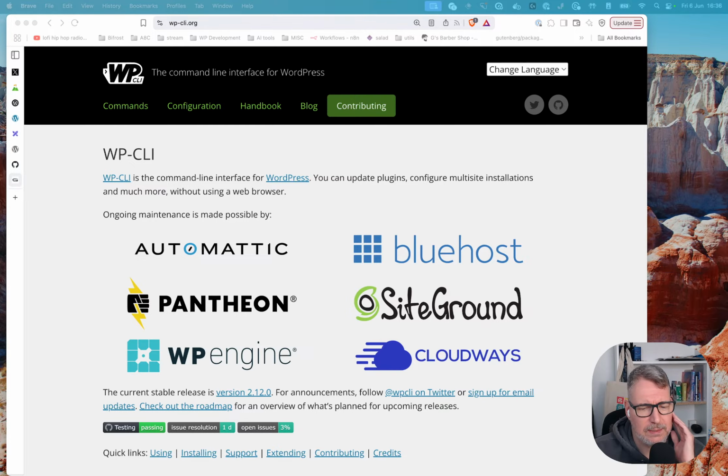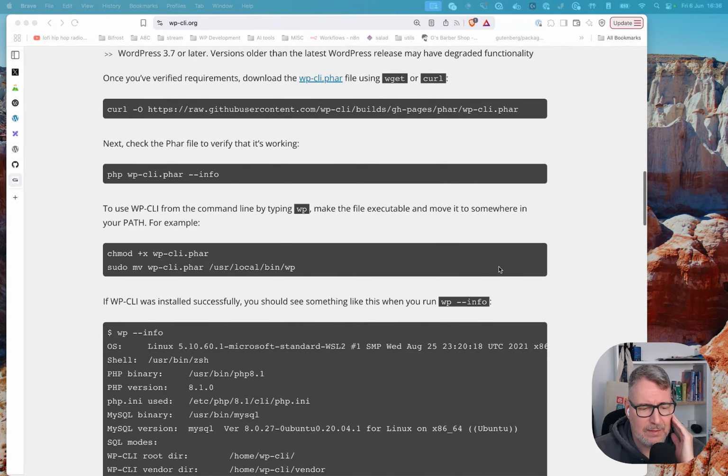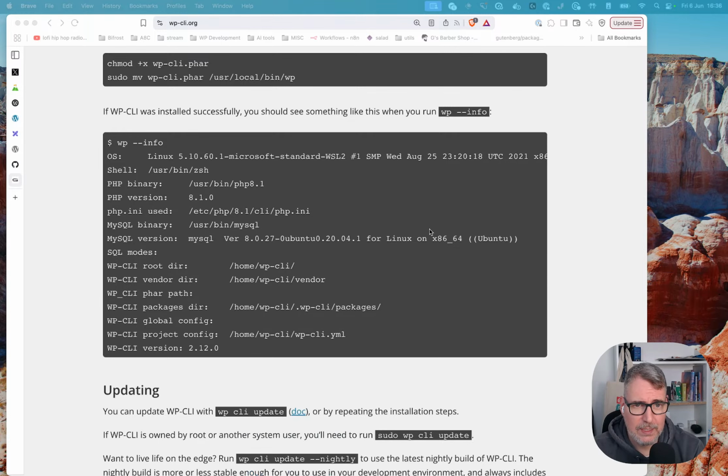I'm sharing a link in the chat, and it allows us to do everything from the terminal. So one thing that I want to do is to generate some fake content. I want to generate several posts belonging to several categories. And in order to do that, what I can do is install a plugin for the CLI,